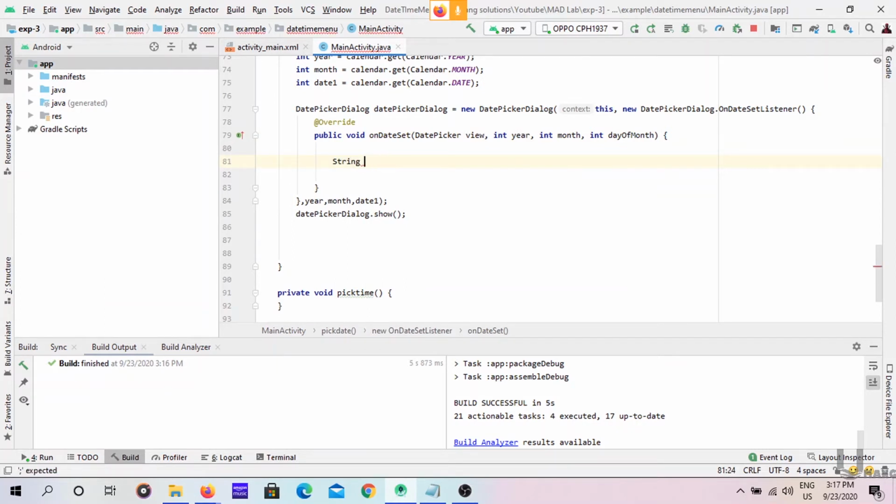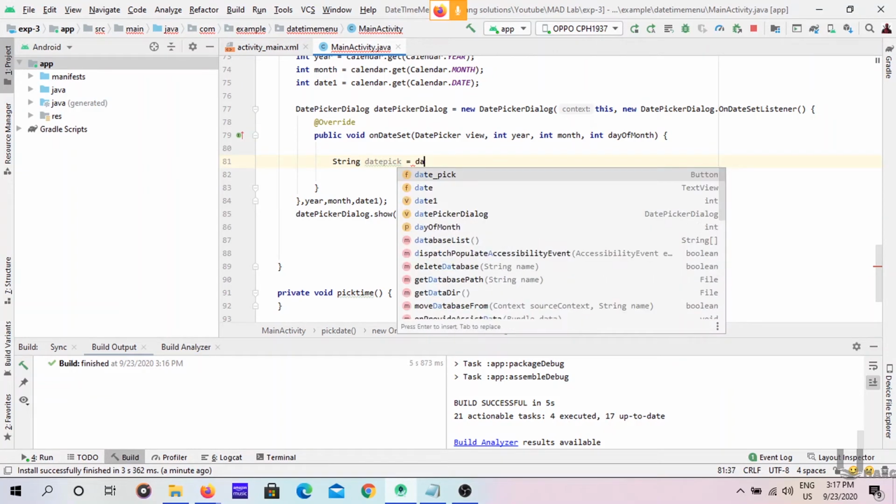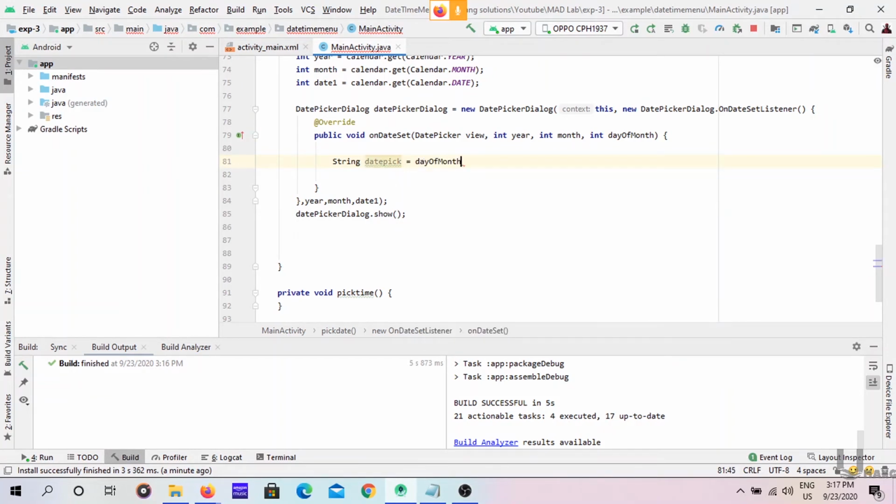Date pick equal to the day of the month, first day of the month, plus slash, plus month, plus slash, and plus the year. So now this variable contains the date.